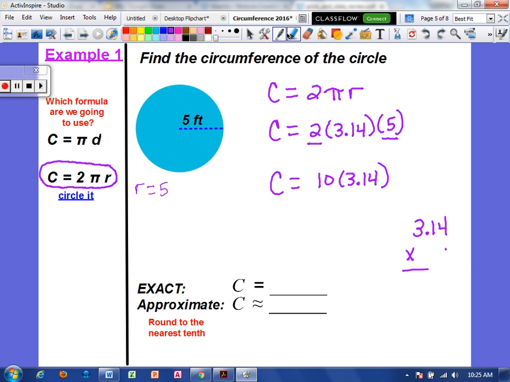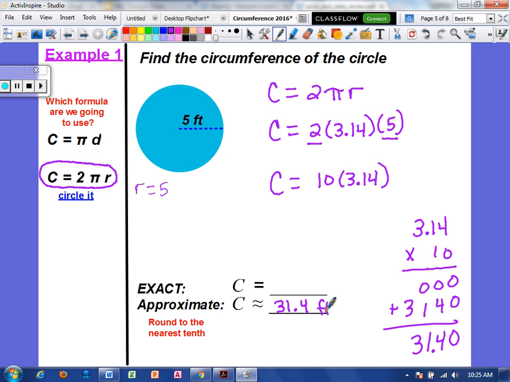Sorry, I need to line that up better. Alright, so multiplying by 0, we just get zeros here, put a placeholder. 4 times 1 is 4, 1 times 1 is 1, 3 times 1 is 3. And we add all of that together. We have 2 decimal places. So, our circumference is